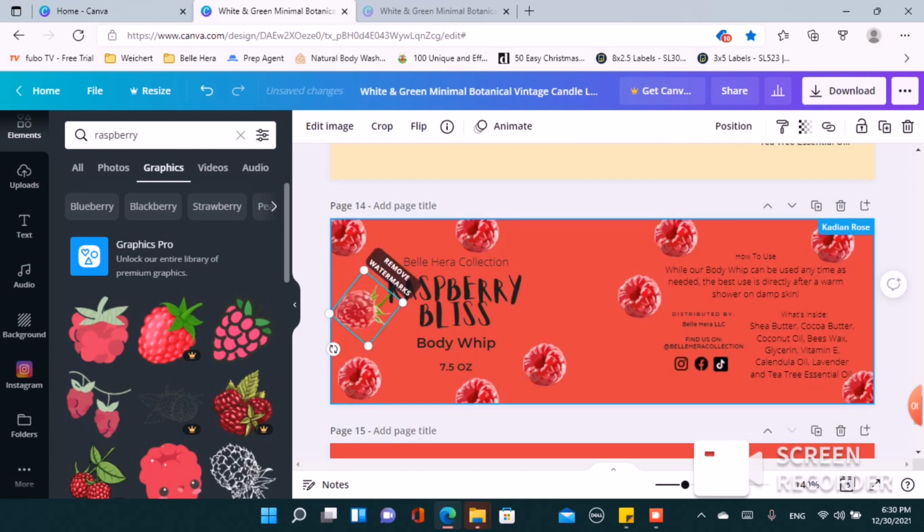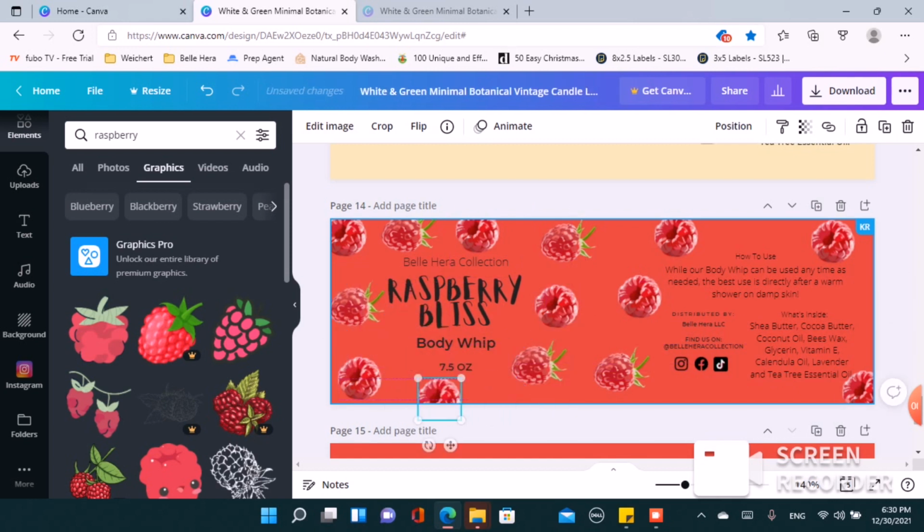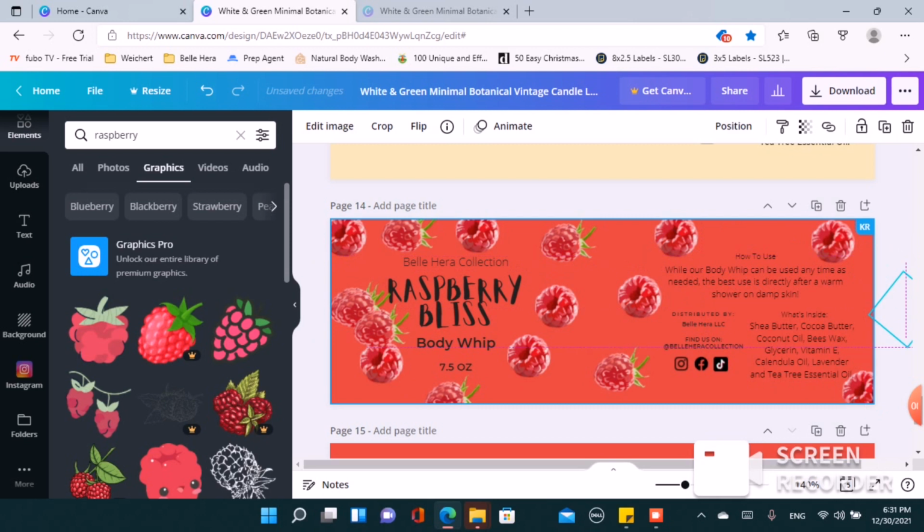I'm just going to copy all of those. And we're going to move them. I was trying something else out with the red background versus the pink background that I was doing before. And I know why I didn't continue, because I just don't like that red on red look that we have going on here. But I like adding the other blueberries, or the other raspberries, because